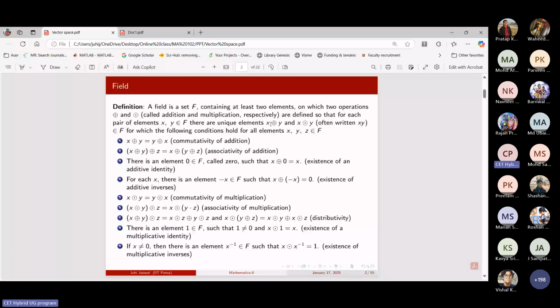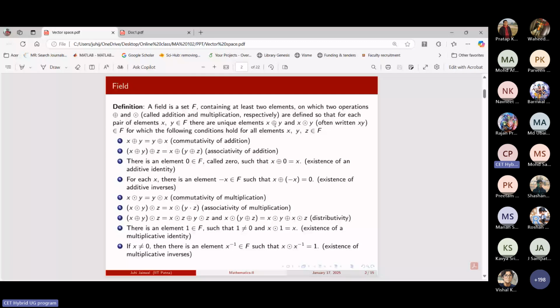This is known as closure with respect to the given operations, the closure property. Closure means the set is closed with respect to these operations, that whenever we take two elements,